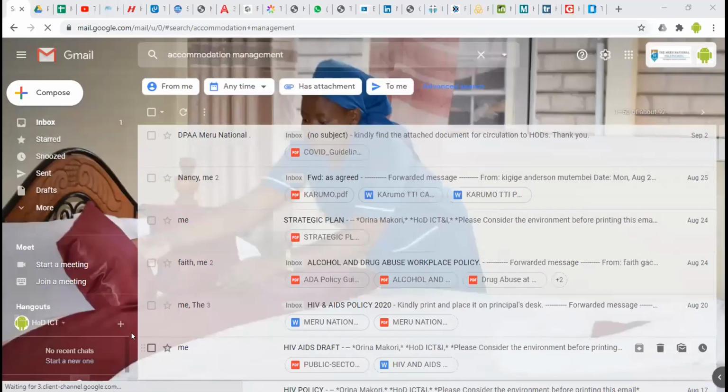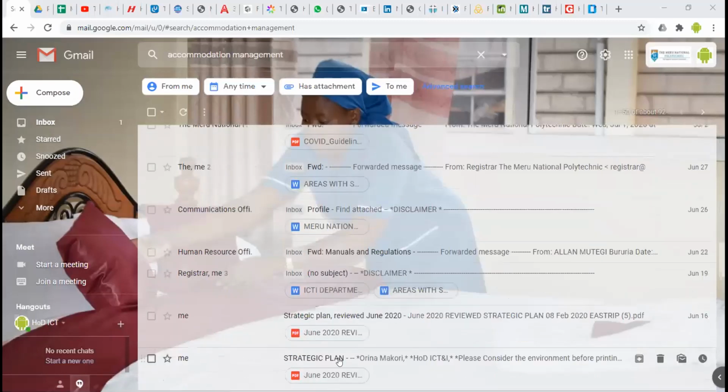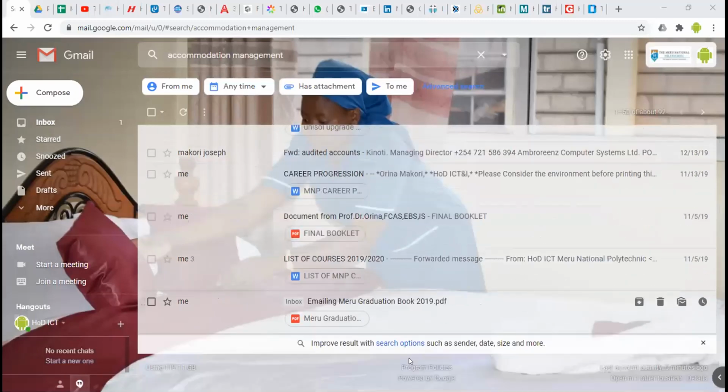If you look at this one and I scroll down, I don't know whether you can see at the bottom here. Can you see that? Yes, we can.